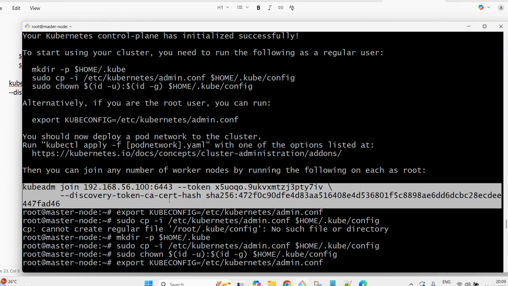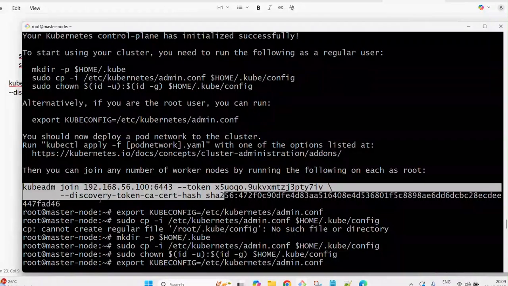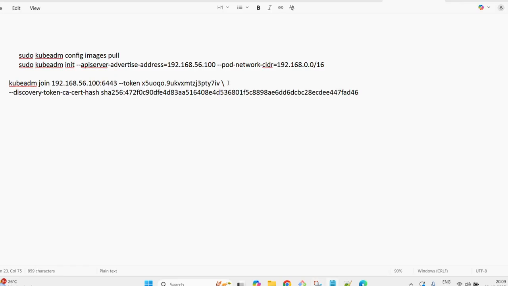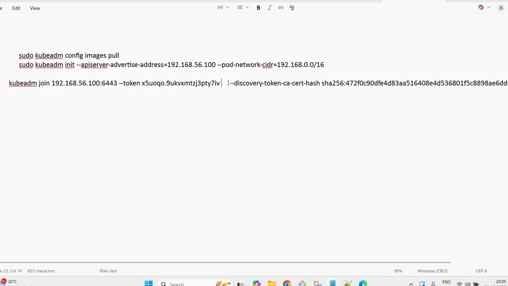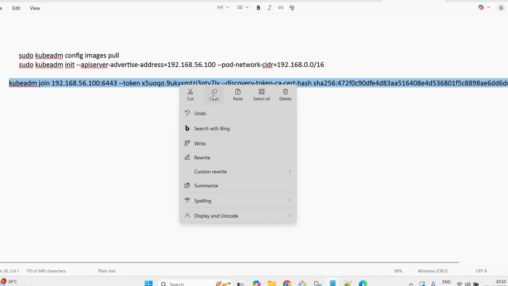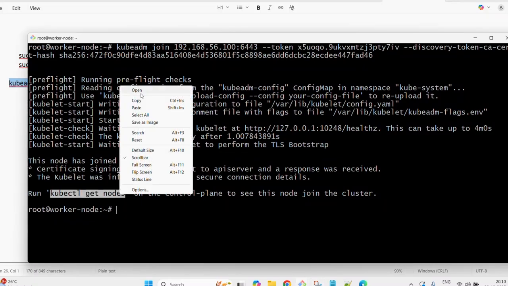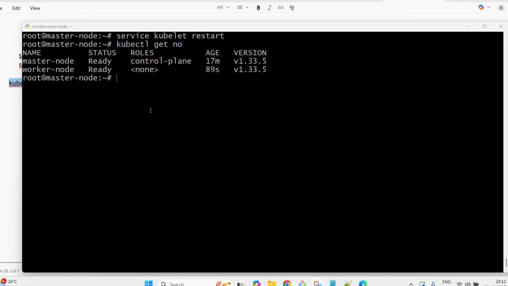Just copy this token and paste it in notepad. Don't run it directly. You have to set up the syntax properly, and after that you can run it on the worker node. Now you can go and check the master. If the worker node is not ready, you have to use kubectl restart service or service